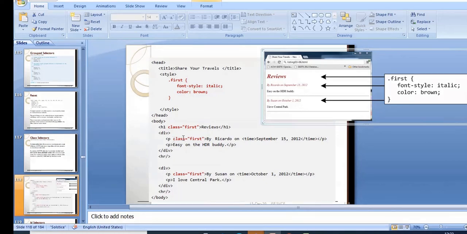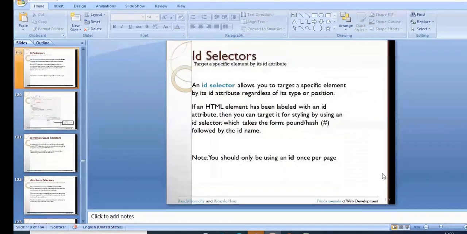The code is very important. The syntax is very important. If you write this much, that's more than enough. Now, somewhat similar to the class selector, with some limitation: an ID selector allows you to target a specific element by its ID attribute, regardless of its type or position.